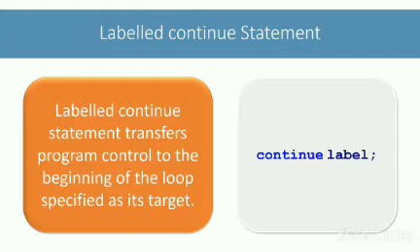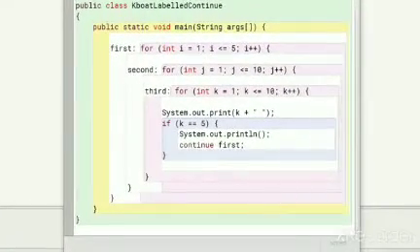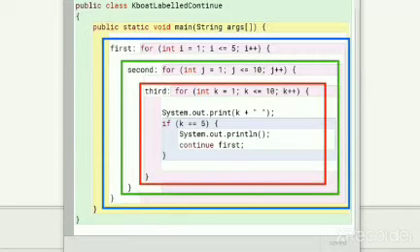Let's look at an example program in BlueJ to understand the labeled continue statement. This program is like the labeled break statement program. Here we have three nested loops. We have labeled the outer one as first, the middle one as second, and the innermost one as third.